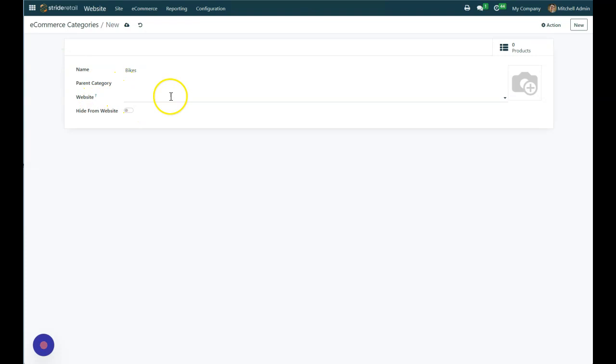The website will default to your normal website unless you're on an enterprise plan, where you have multi-website capabilities. And then this last button is to hide it from the website. So if you create e-commerce categories and then discontinue their use, you can just come in here and click hide from the website. This allows you to see, without deleting or archiving the category, what